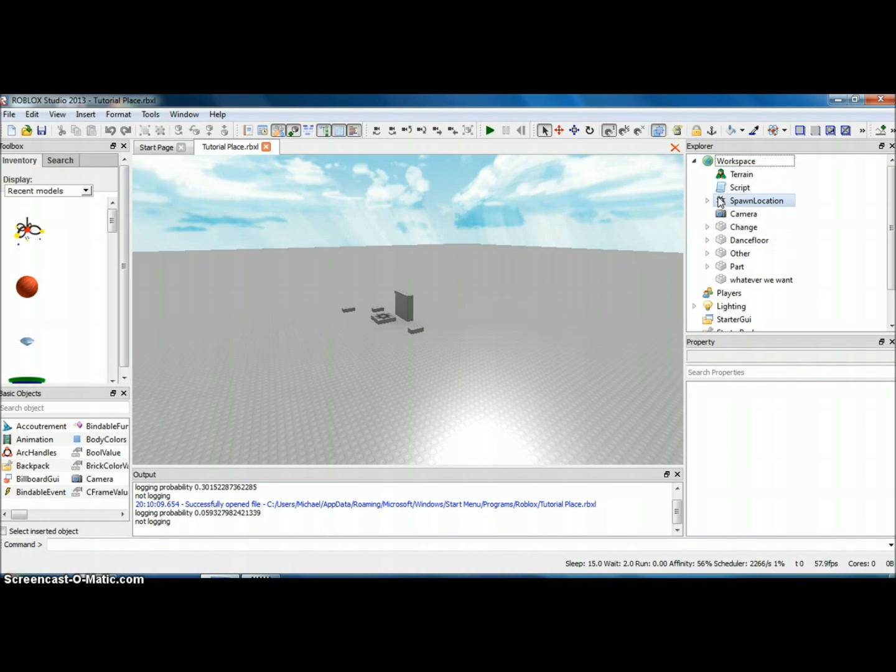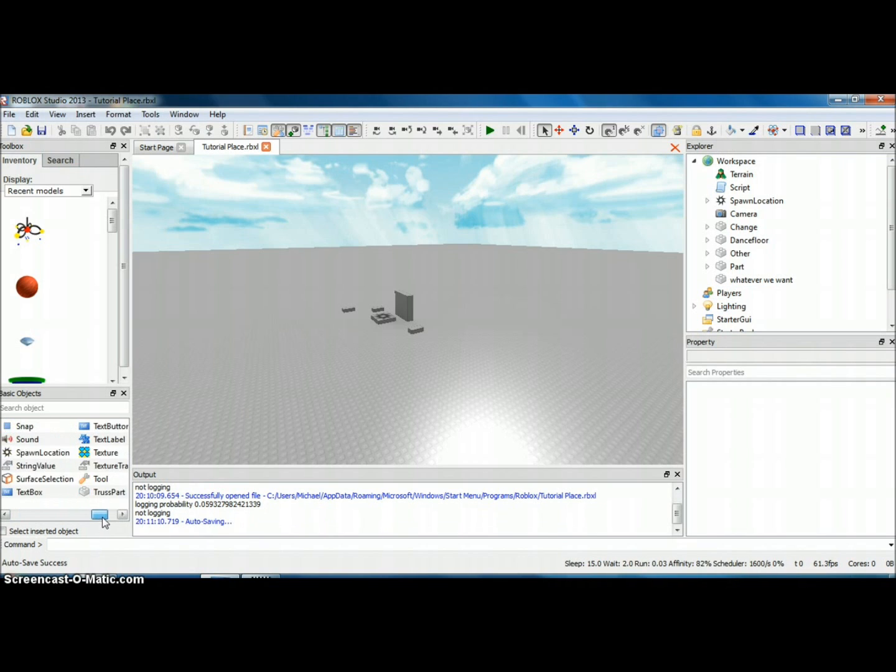So Instance.new is, well, what it does is it creates a new instance. So a new, like, basic object of whatever you put in. So what I'm gonna do here is insert a part,